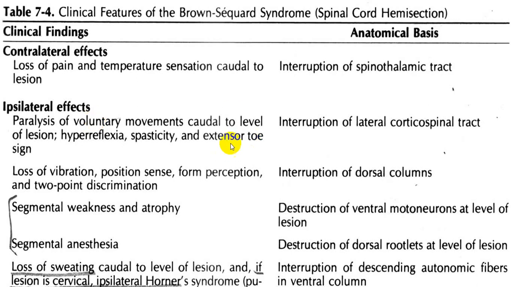And at the level of damage, you will have loss of tone, weakness, atrophy, and even fasciculation, and complete loss of sensation, segmental anesthesia. So that will be seen. Loss of sweating, caudal level of sensation if the lesion is cervical, and you can have Horner syndrome because the